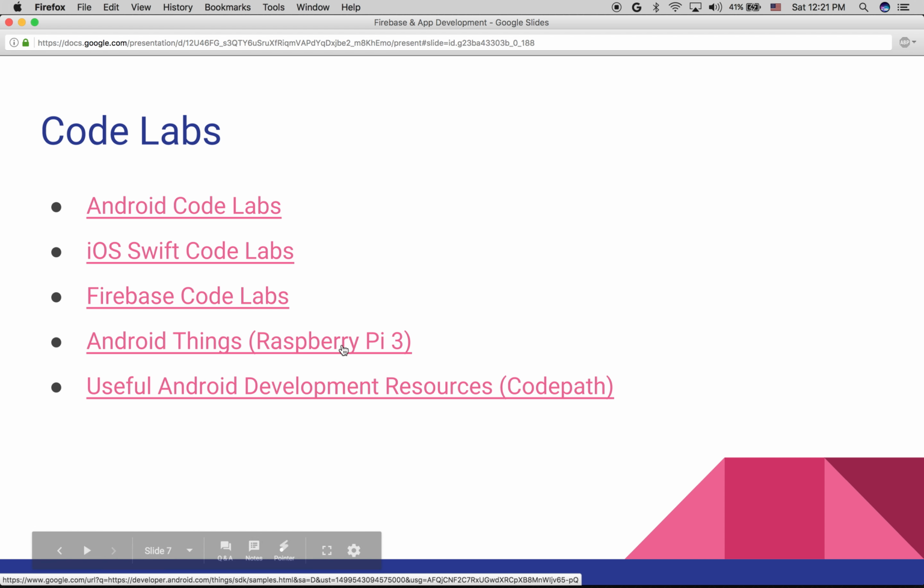These are Google products. You can see a Firebase integrated sample there. That'll be very interesting. Okay, and there is another website which has a lot of interesting Android development resources out there.